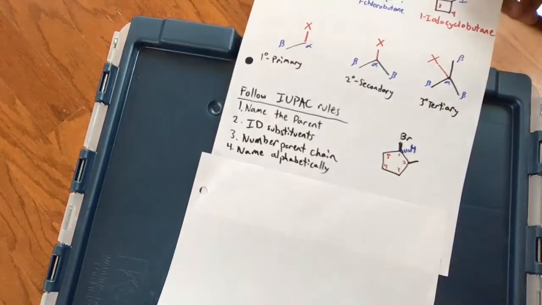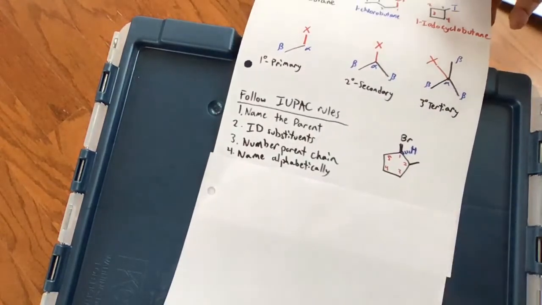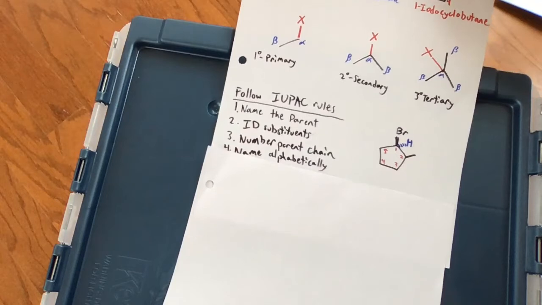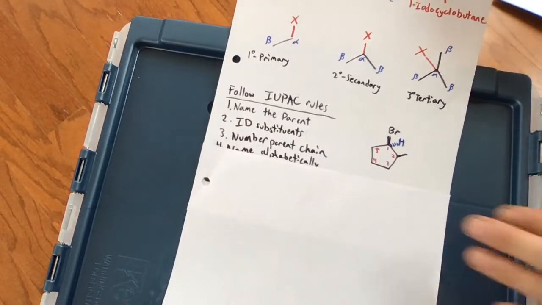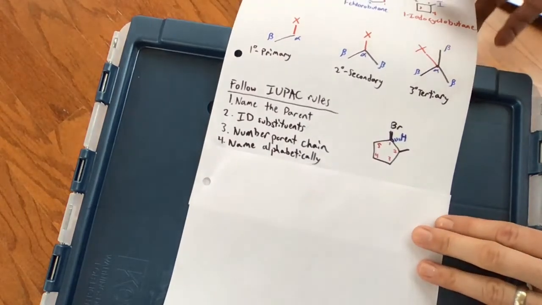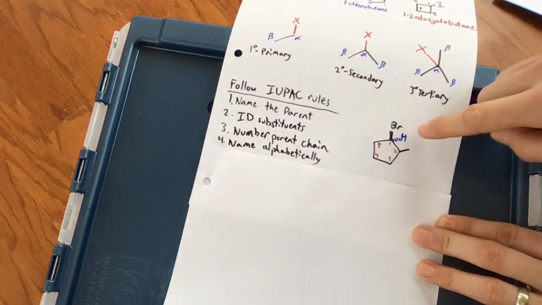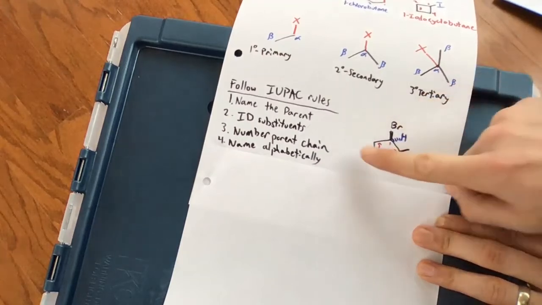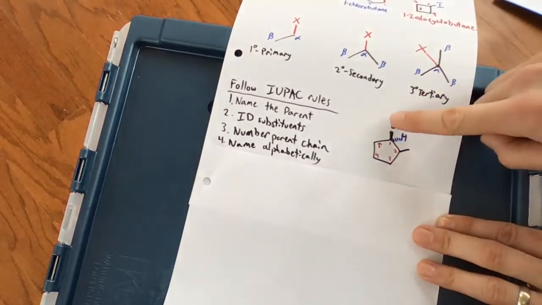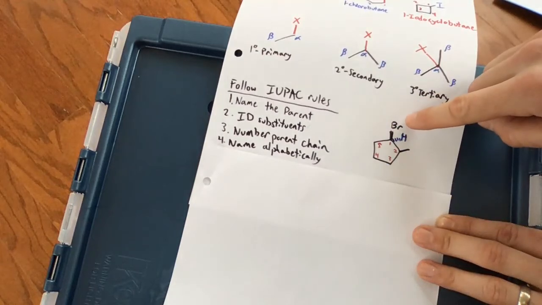Again, we follow the IUPAC rules whenever we're talking about naming alkyl halides, and you can name these things just like you were able to name alkanes in Chapter 4, where this molecule here would be, let's see, the H is in the back, and the priority is 1, 2, 3, 4, which means it goes clockwise, which makes that R,